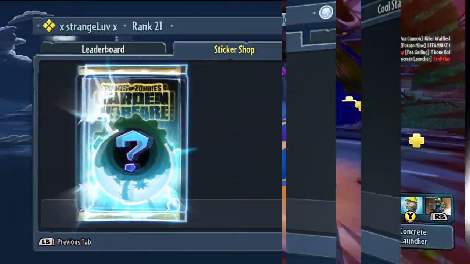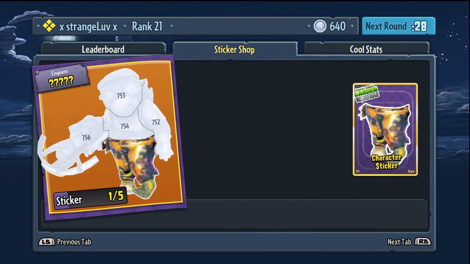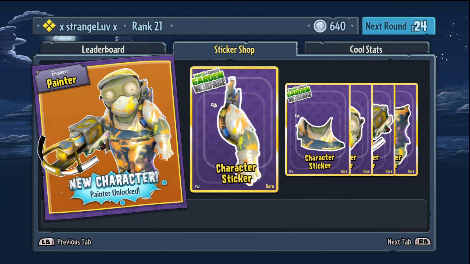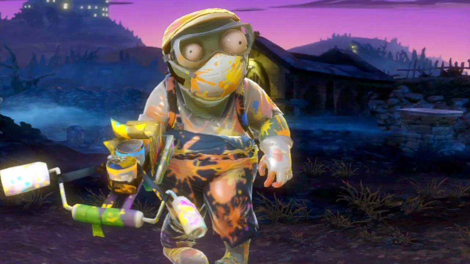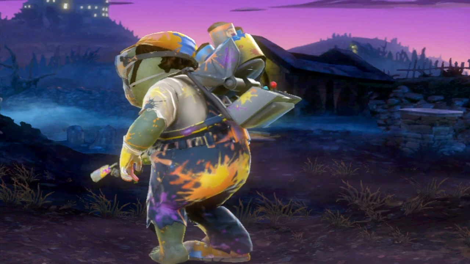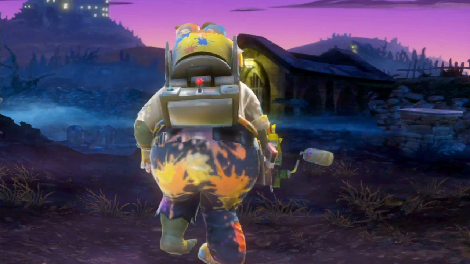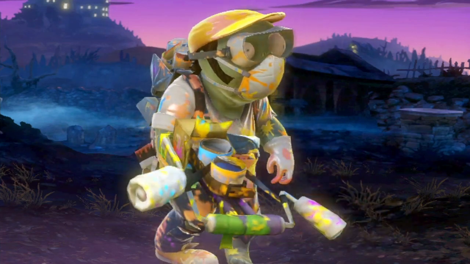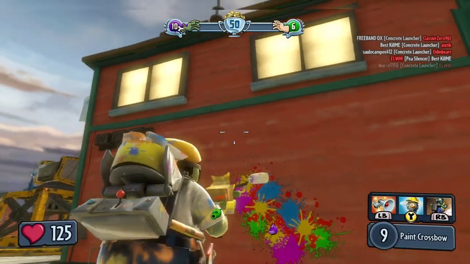So let's get started. Alright, so the first rare character that I'm going to show you is, like I said, a variation of the Engineer class, and he is the Painter. Now for the Painter, the main attribute that sets him apart from the basic Engineer is of course his paintball crossbow, which replaces the concrete launcher. The Painter shares the same abilities and challenge stars as the basic Engineer, but it's his weapons and weapon attachments